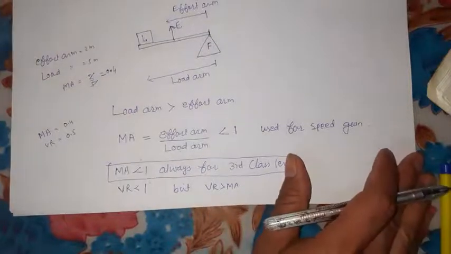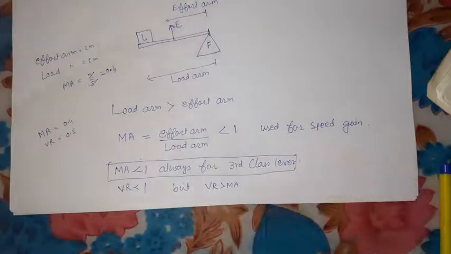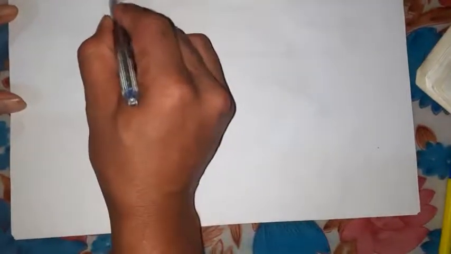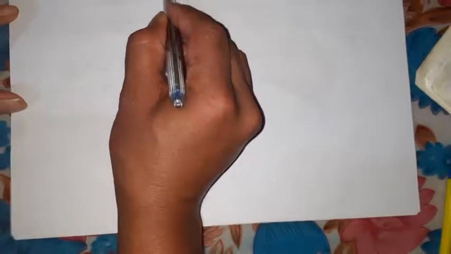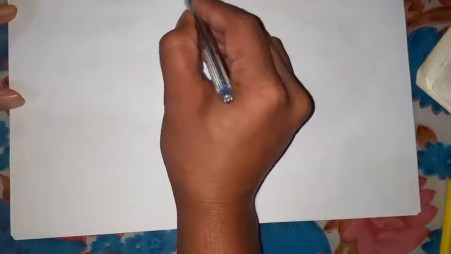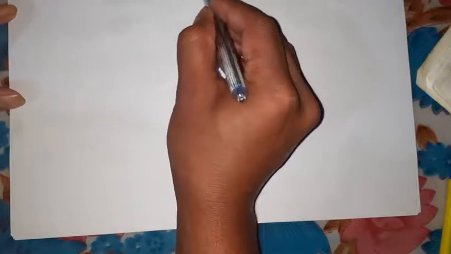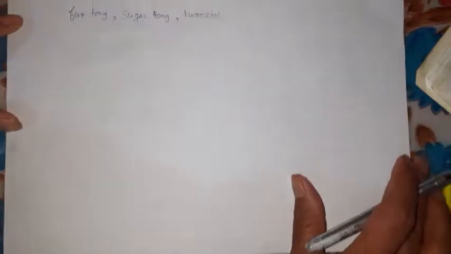Now let us look over here at a few of the diagrams regarding this third class lever, student. ठीक है. तो थर्ड क्लास लीवर की हमारे पास डायग्राम, जैसे एग्जांपल के लिए स्टूडेंट, वेरी फर्स्ट दैट आई एम हैविंग, इट इज फायर टोंग. ठीक है, फायर टोंग, इधर यू कैन से सुगर टोंग, और इधर यू कैन टेक इट एज ट्वीजर. Okay, so a common diagram that we are going to draw for this one.